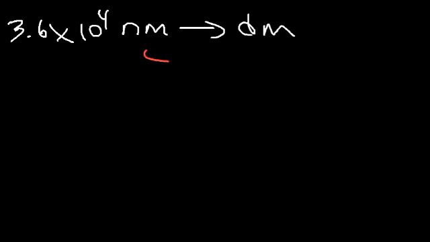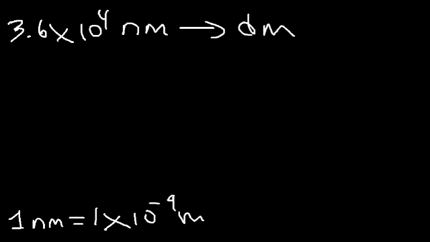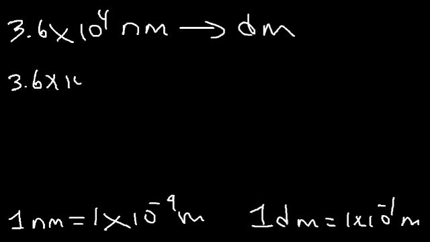So just like before, we need to go from nanometers to meters, meters to decimeters. So let's write out the conversion factors that we need. 1 nanometer is 1 times 10 to the negative 9 meters. Deci is associated with negative 1, so 1 decimeter is 1 times 10 to the minus 1 meters. So let's start with the number that we have,